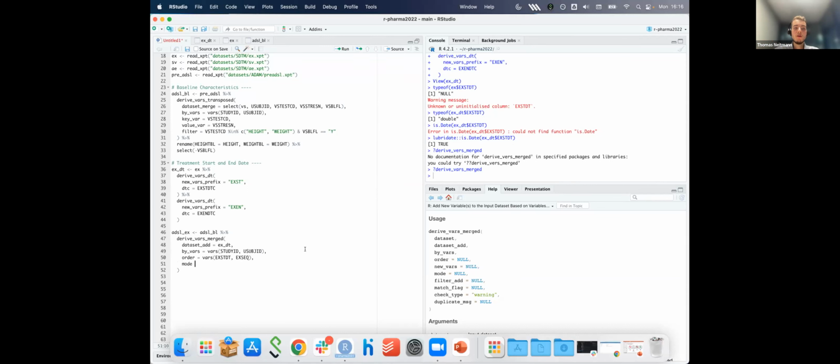Then we'll say the mode should be first. So we're interested in the very first dose now. And then the new vars we want to take on from EX is EX STDT. But we actually want to name it differently once it's merged on. So we'll want to create the treatment start date. So TRT SDT will be the name of the new variable in ADSL based upon the original variable in EX